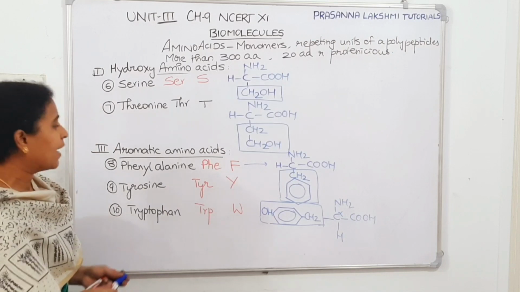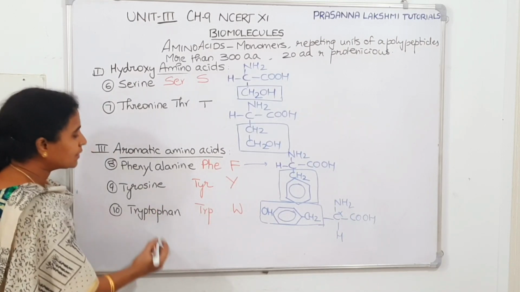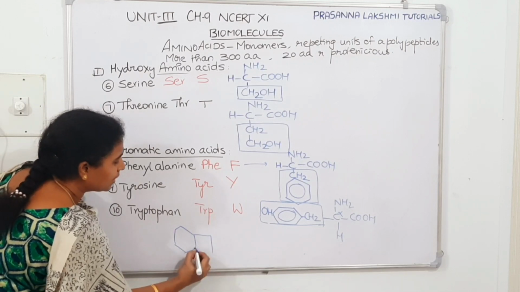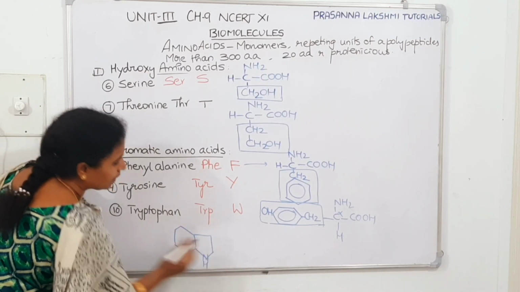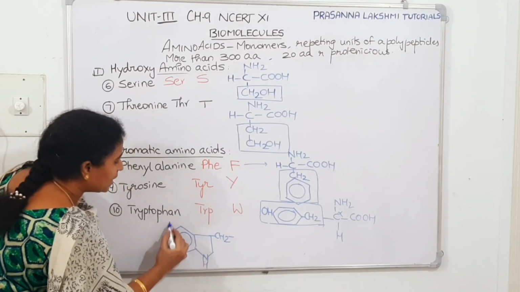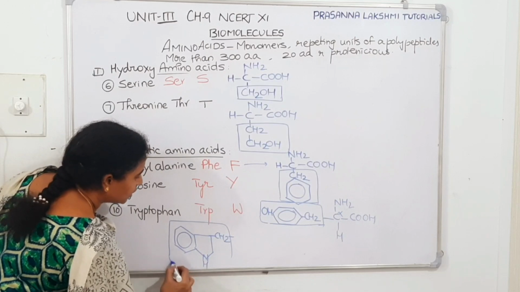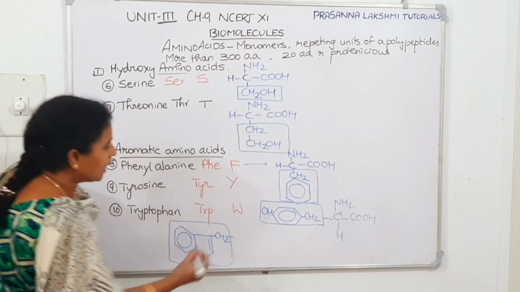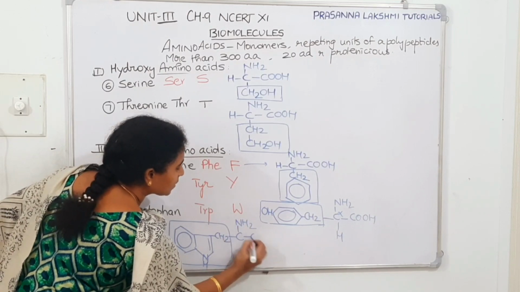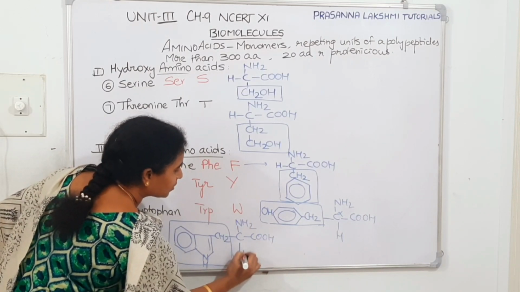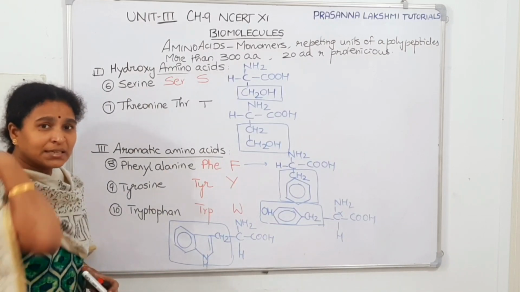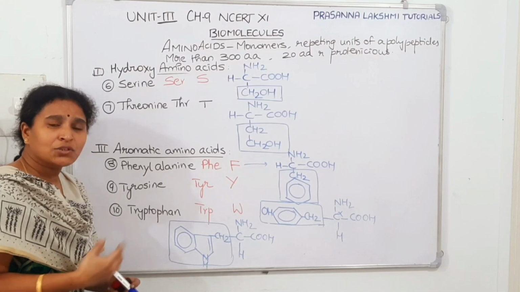Now coming to tryptophan. The structure of tryptophan, since it is aromatic, so we need to take the R group as aromatic rings, right? So, this is the R group. See, 2 rings, okay? This is the R group. To that, here is an alpha carbon, amine group 1 place, carboxylic group 1 place, and hydrogen at other place. So this is tryptophan.